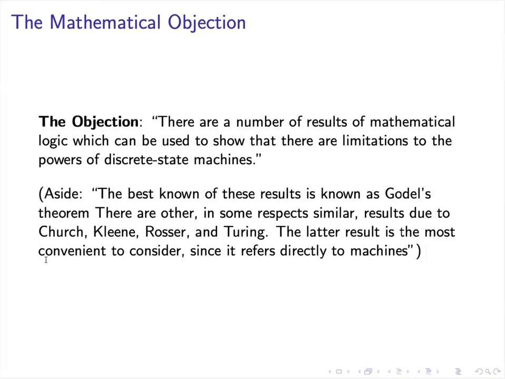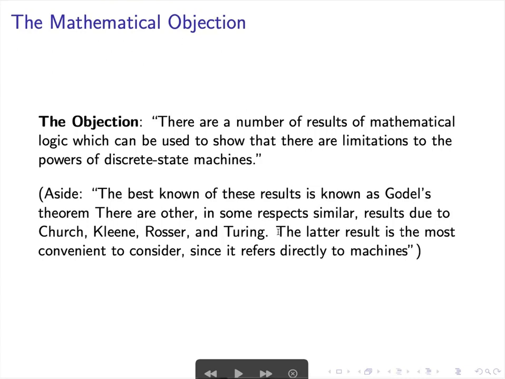So some people said that basically people can decide the undecidable, which sounds a bit strange, right? But this is also a very popular argument. Later on in the paper, he says that there are many results of this kind. I was mentioning a few of them. He said, well, there are results due to Church, Kleene, Rosser, and Turing. He was talking about himself,